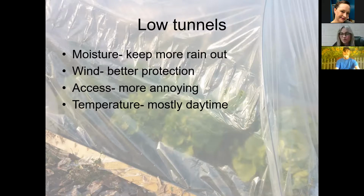These work great if you have drip irrigation. A little bit better protection against wind and things like that, so you don't get abrasion on your crops. Access is more annoying, right? Because you've got to pull up the edges to get in and out to see your crops. What I did here, I don't know if you can see on the edge, that's just really thin lath. And I rolled the edges of the plastic around that lath and then just used landscape staples. So it was really secure, right? It stood up against wind well, but it was a little bit muddy in the wintertime